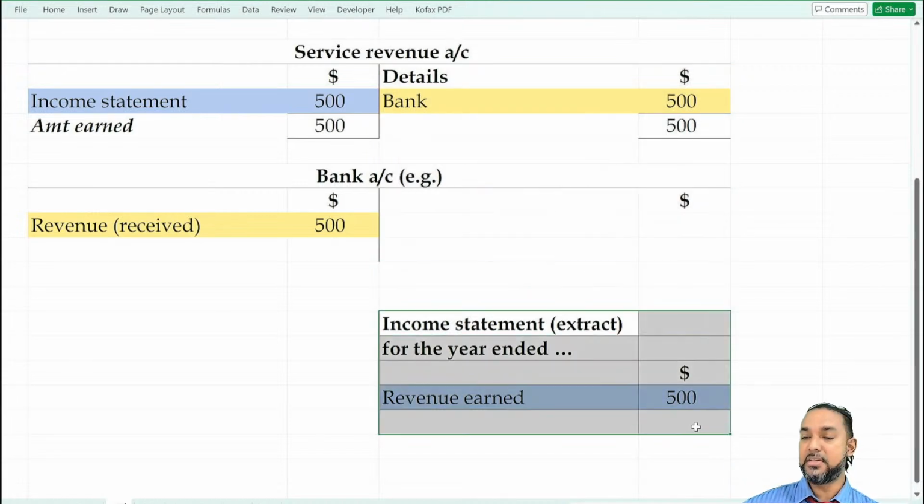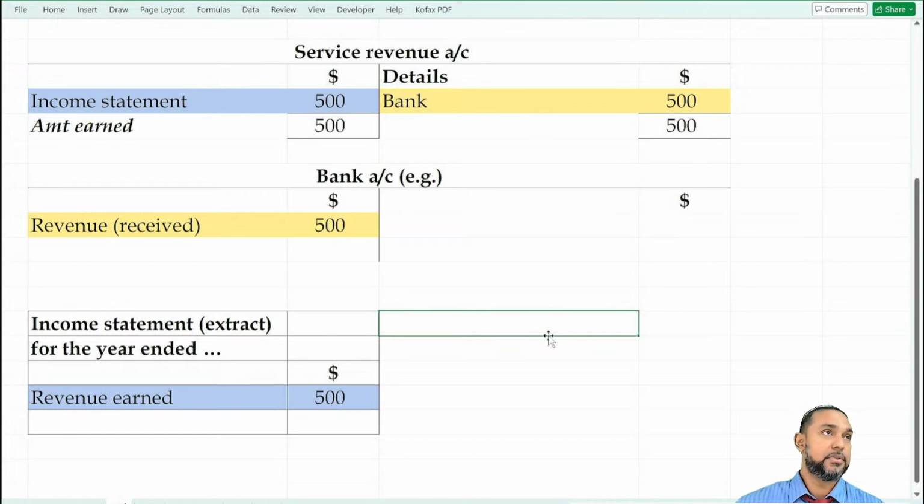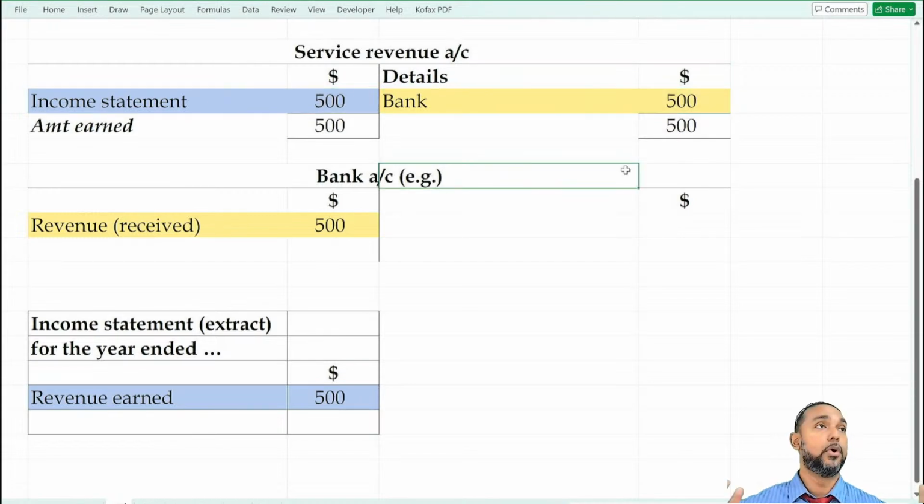So again, this is not a T account, so it doesn't have a debit side and a credit side. We have credit items in it as well as debit items. It's a little bit of an inconsistency which throws some people off, and it's something to which you just have to get accustomed. But I understand why it might be giving trouble. Anyhow, long story short, if you earned this much and you received this much, cool, all is well and good. If, however,